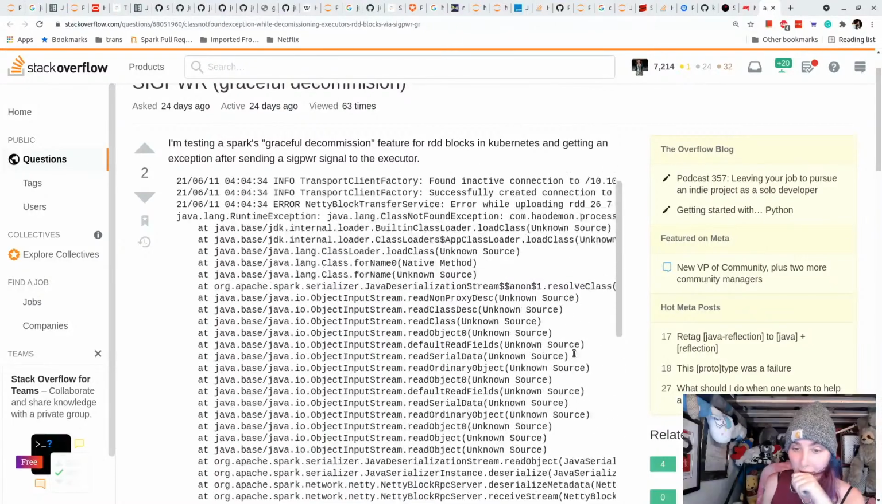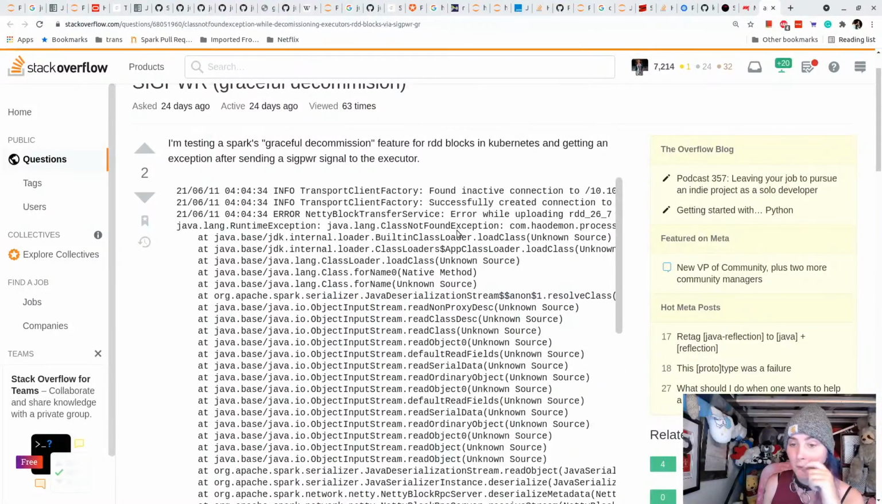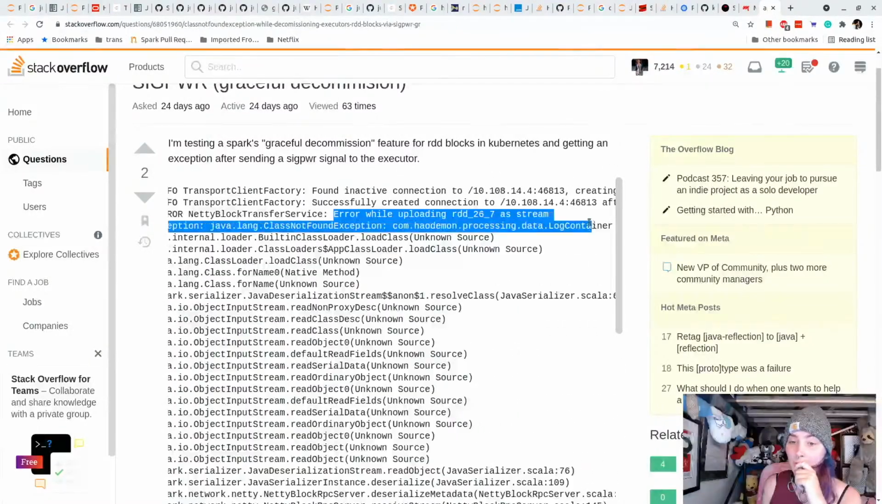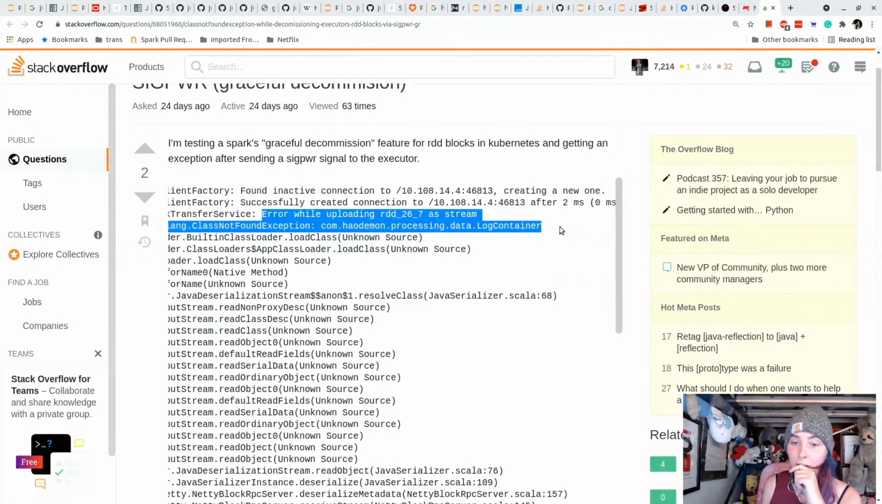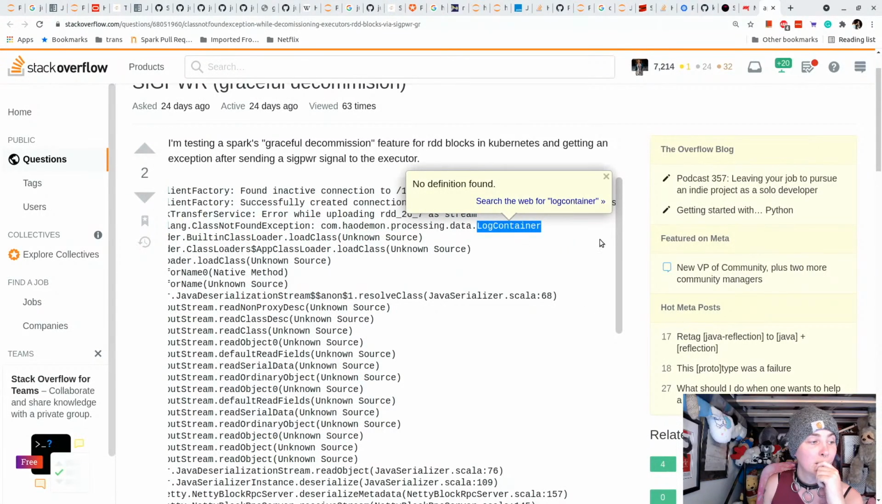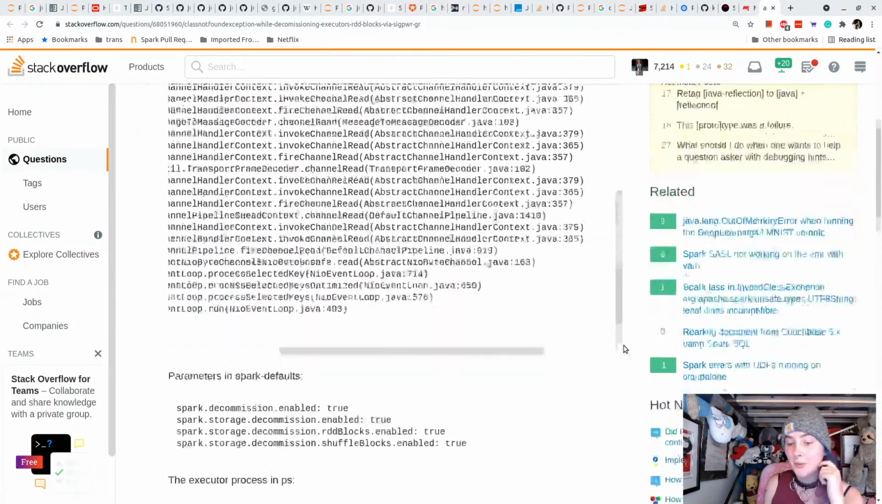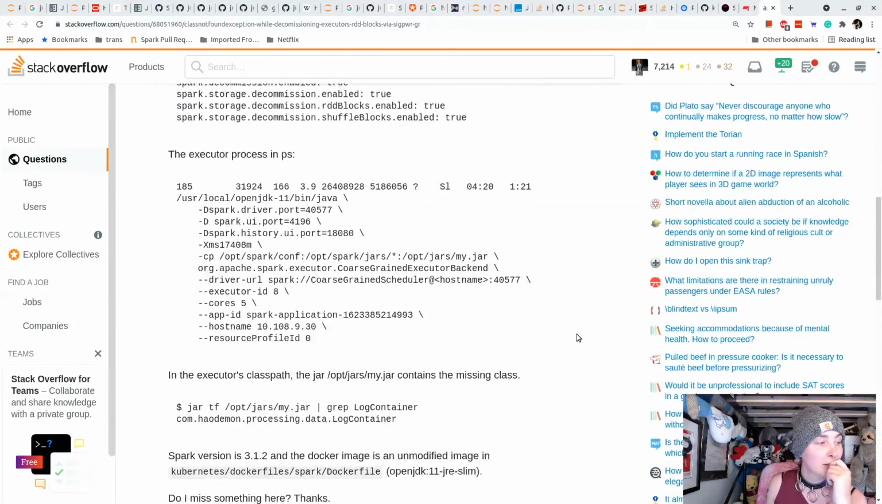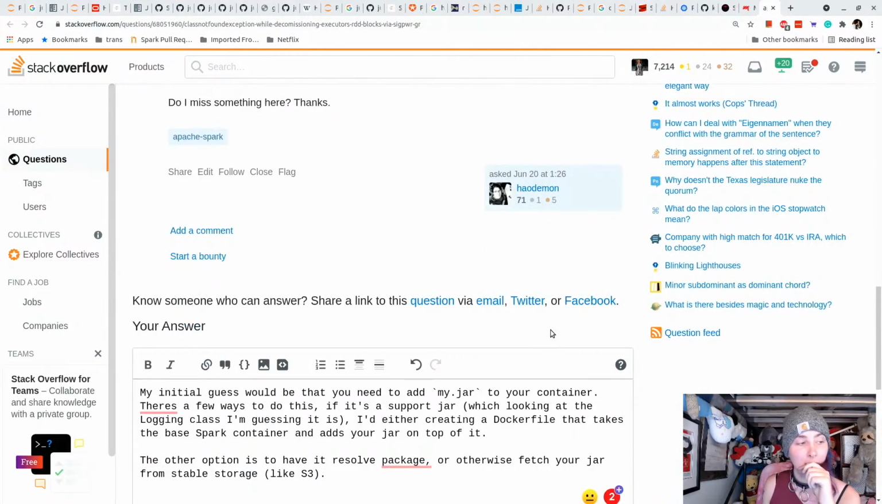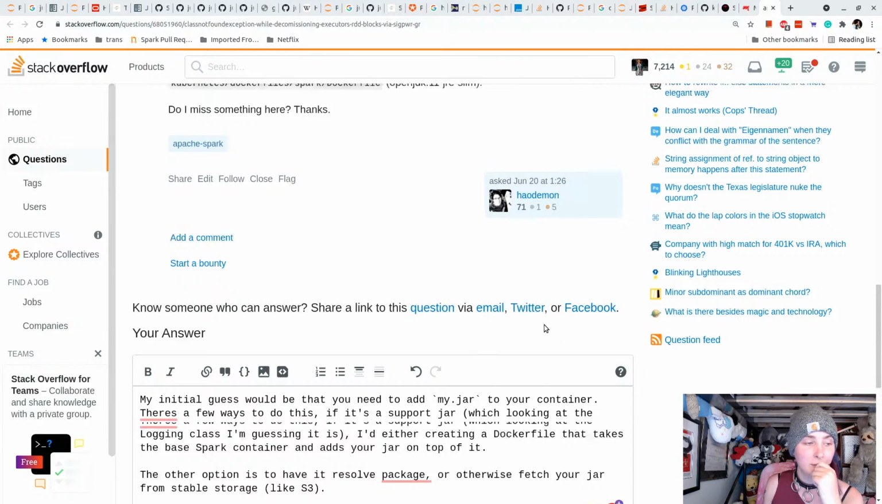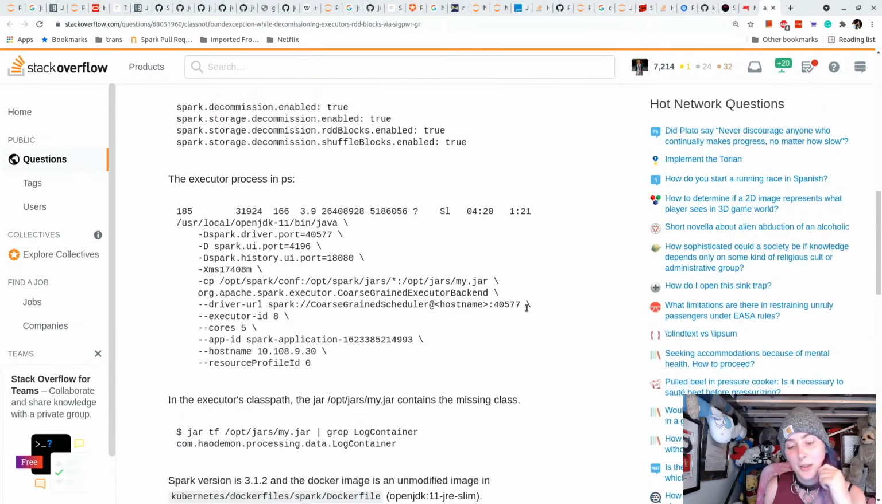I would say this is while uploading class not found log container. Yeah, you can definitely also wget it into the /dist. Okay, so the jar is in the container. Okay. So if the jar is in the container,